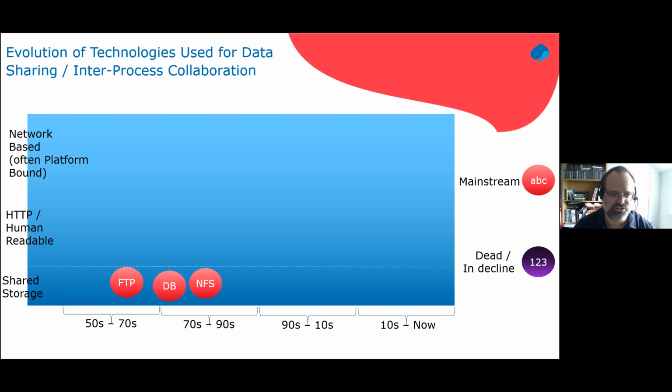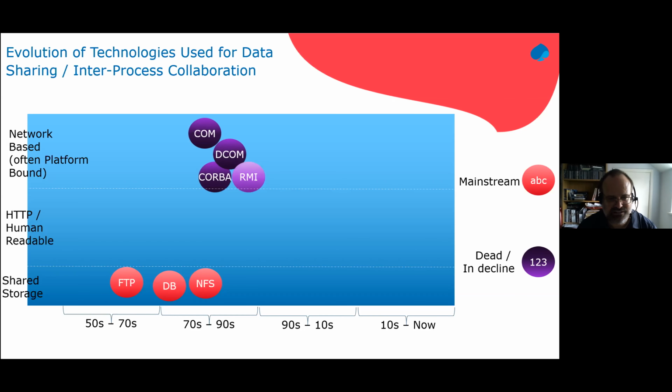you've got rules about who can and can't access those tables to put data in and out through that exchange. As we move into the 70s and 80s, we've got NFS, and these are all very much around shared storage technologies. And then into the early 80s, we had a flurry where we switched over to networks with COM, DCOM, CORBA, RMI as technologies. Now they all use networks typically on the TCP or UDP layer, and they were very much language driven